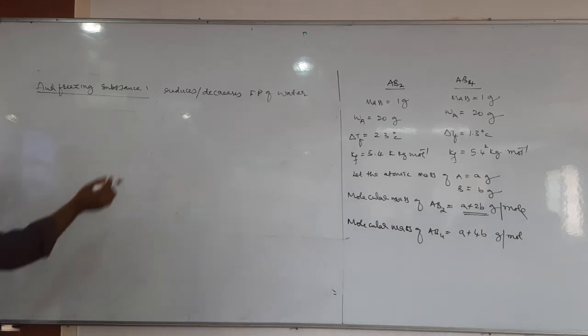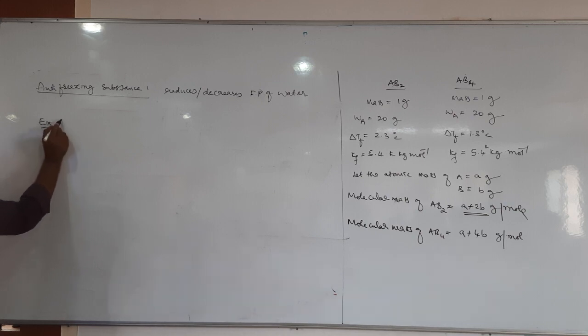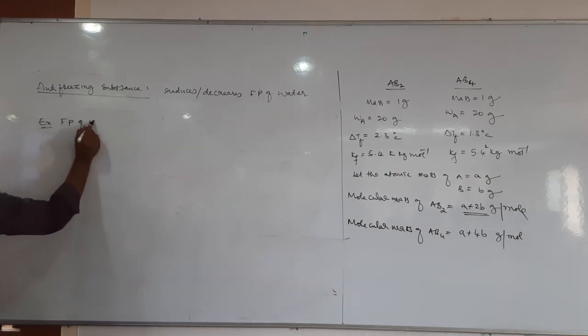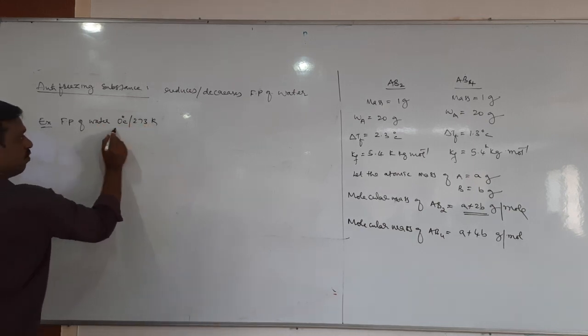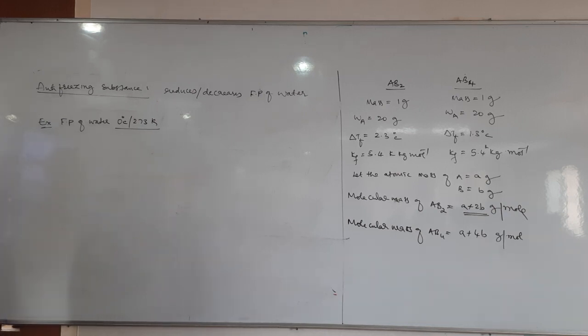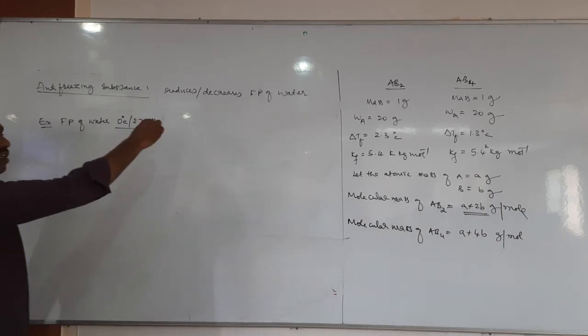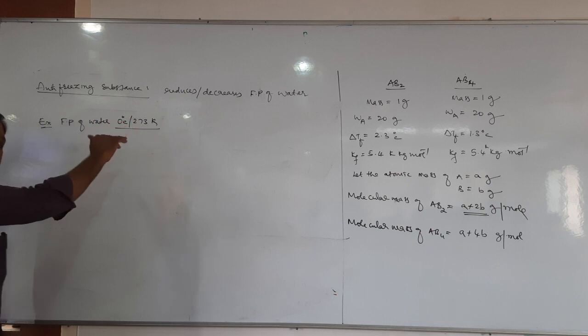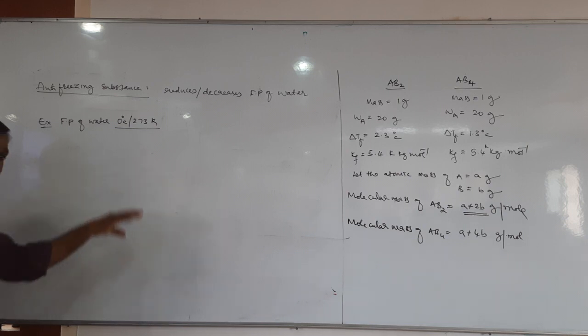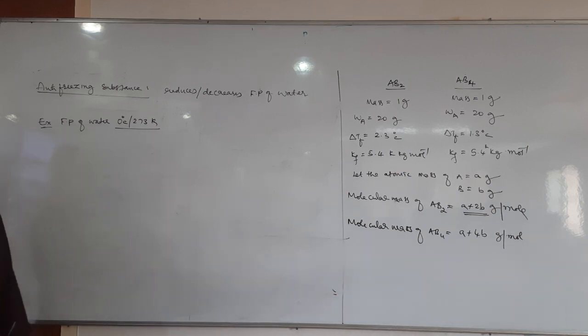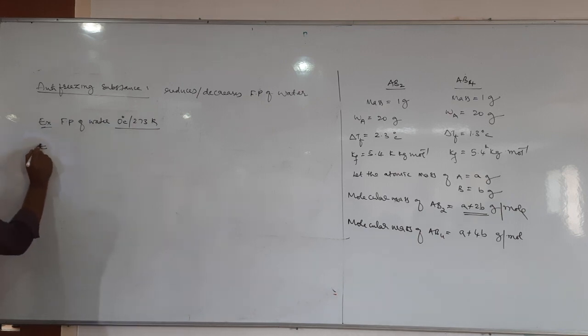Let us take freezing point of water. What is the freezing point of water? It is 0 degree Celsius or 273 Kelvin. So normally water freezes at 0 degree Celsius or 273 Kelvin. When anti-freezing substances are added, then what happens? Its freezing point should be reduced. Then its freezing point will be less than 0. Less than 0 means it may be -1, -2, -3, -4, so on. Then those kind of substances are called what? Anti-freezing substance, anti-freezing agent.